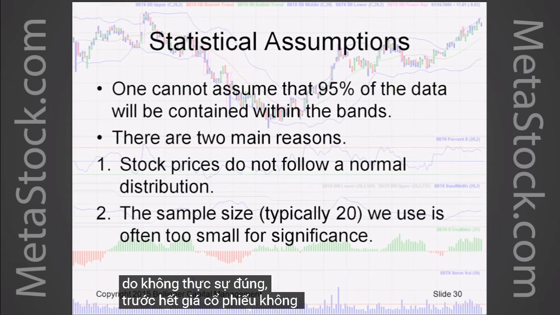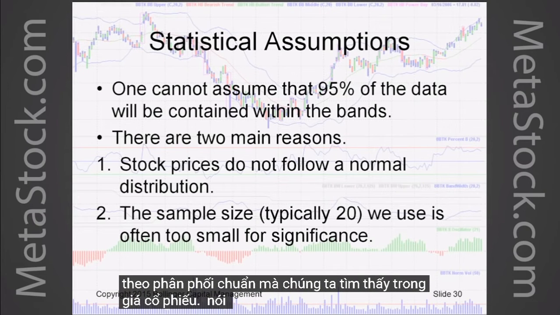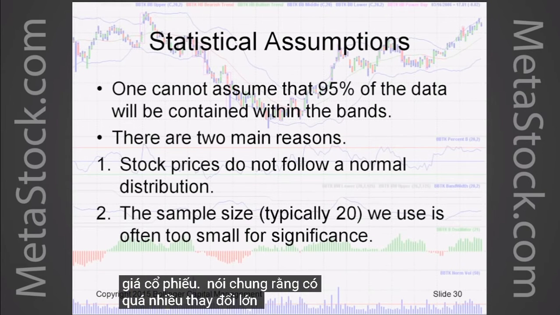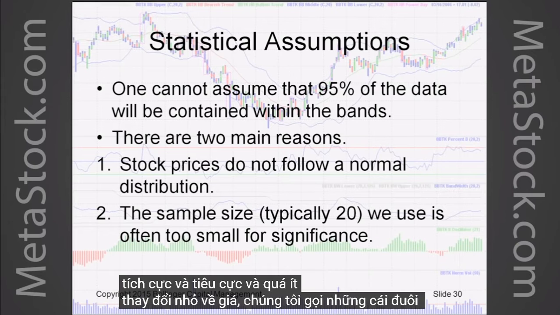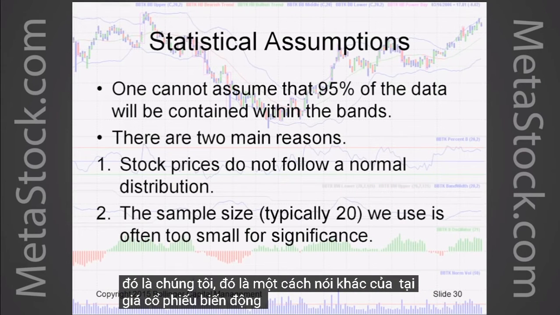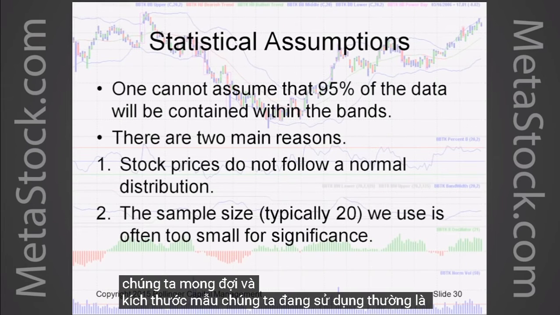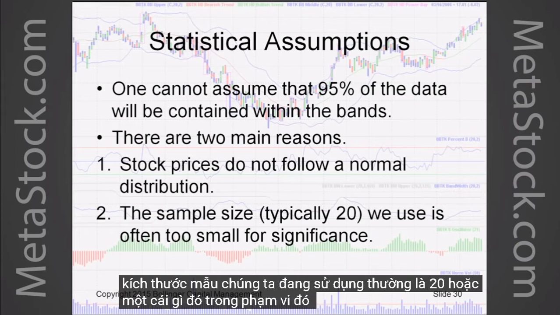First of all, stock prices do not follow a normal distribution. We find in stock prices in general that there are too many large changes in price, both positive and negative, and too few small changes in price. We call those fat tails, which is another way of saying that stock prices are more volatile than we would expect them to be. And the sample size we're using, typically 20 or something in that range, is too small